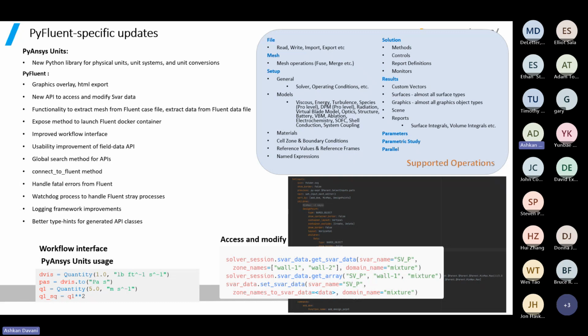You can use it for setup, like setting up the general solvers, boundary conditions. You can change your model properties, change materials, pretty much everything that you used to do with journals, or if you had MATLAB coupled with Fluent, if you wanted to do some automation, get the data, process the data, and then run new simulations. You can do all of that right now using Python and PyFluent, which again, I think the beauty of it